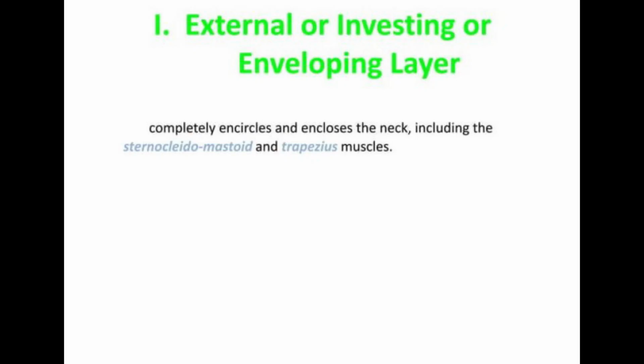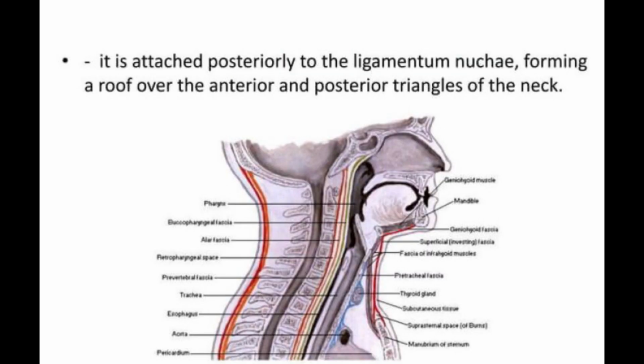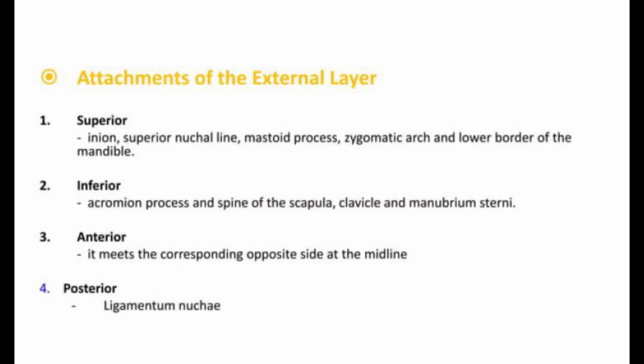The first is the investing layer. It lies deep to the platysma and surrounds the neck like a collar and forms the roof of the posterior triangle of the neck. What are the attachments? Superiorly there are the external occipital protuberance, superior nuchal line, mastoid process, external acoustic meatus and base of mandible. The superficial lamina